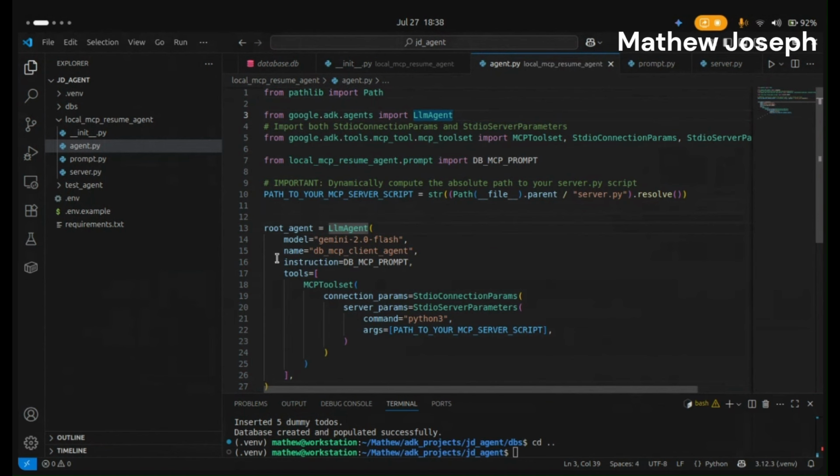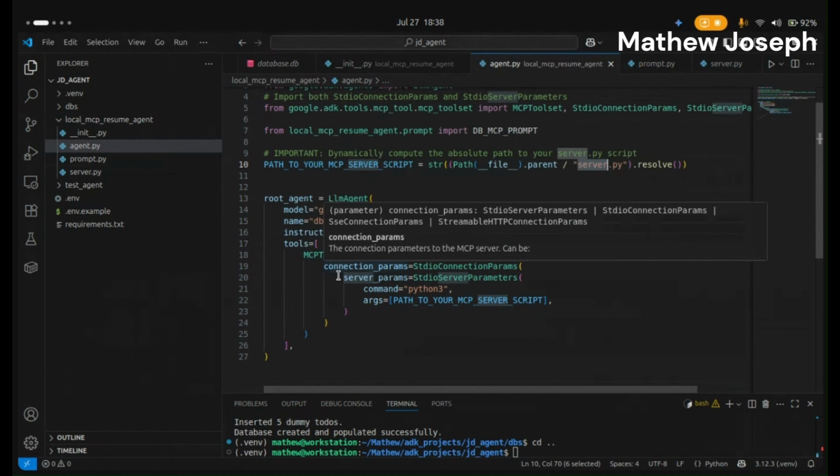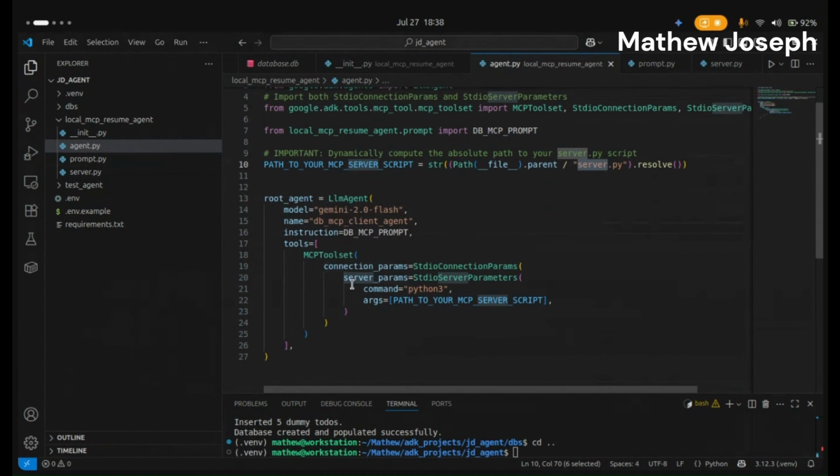So all those things will be written in our prompt. Then the most important one is the MCP tool set. This agent is using the MCP tools to access our database, and we'll be writing the prompt in db mcp prompt in our prompt.py, and then we'll be writing all our tools in the server.py. This is the line to access the server.py. And then in your agent you have your model name and instruction, and the new thing here is tools. In your tools you're writing your MCP tool set, which has connection parameters as well as server parameters, and they are